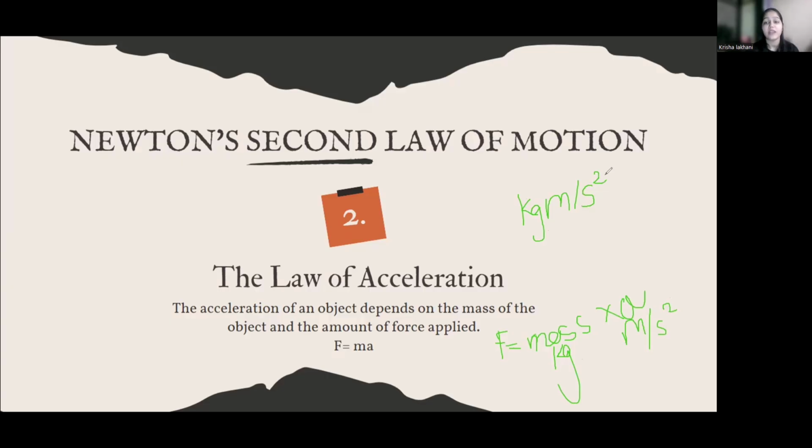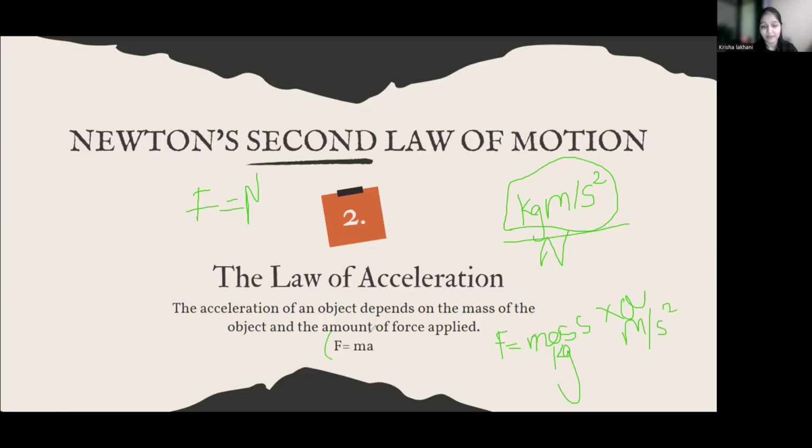Okay, so now we cannot write the whole thing like this. We can write it, but when Newton came, he said, why to write about someone else's? Write my name only. So he did what? He replaced this whole unit by saying it as N, that is Newton. So force is always measured in Newton. Whenever force comes, you should always remember the unit is N. I hope it is clear.